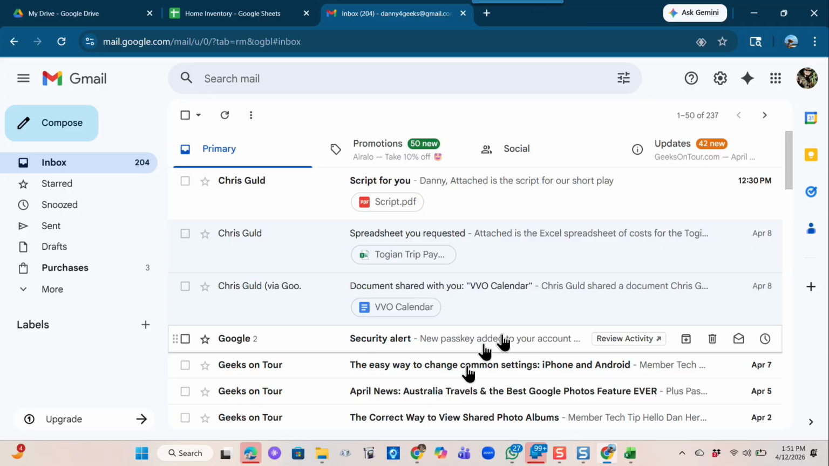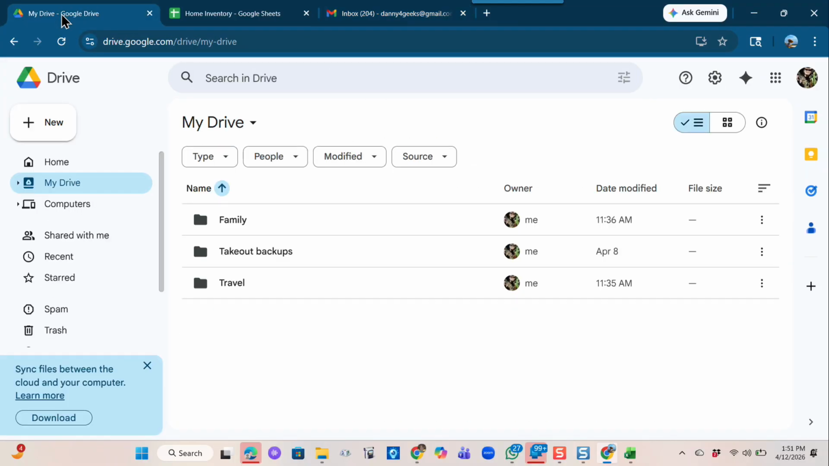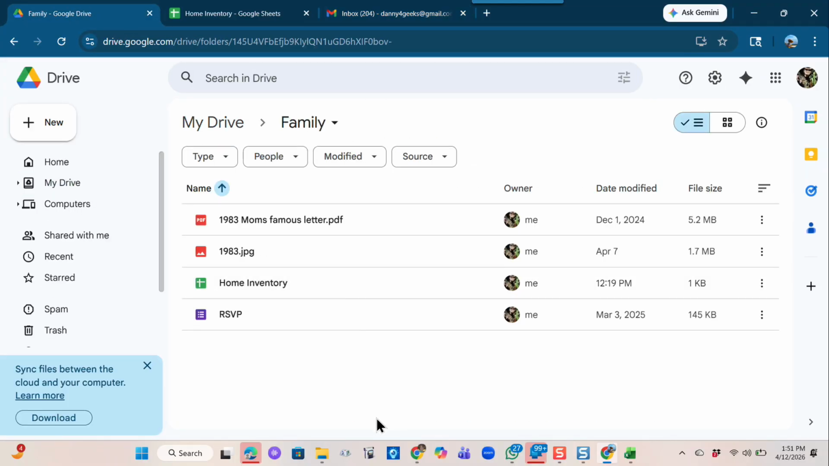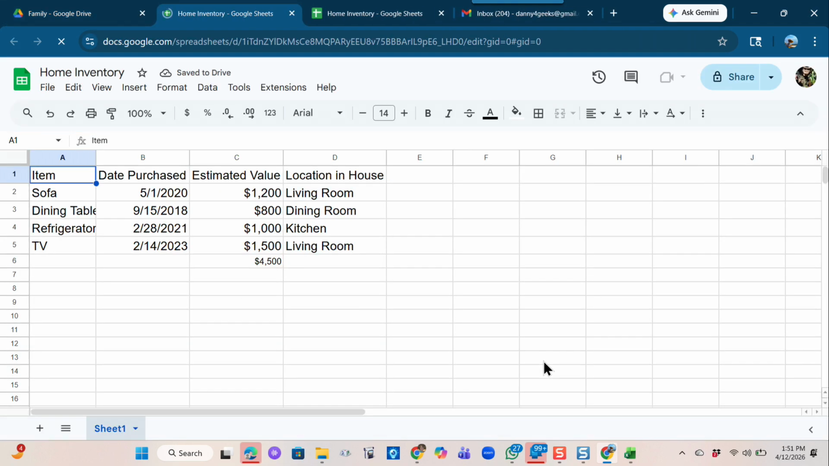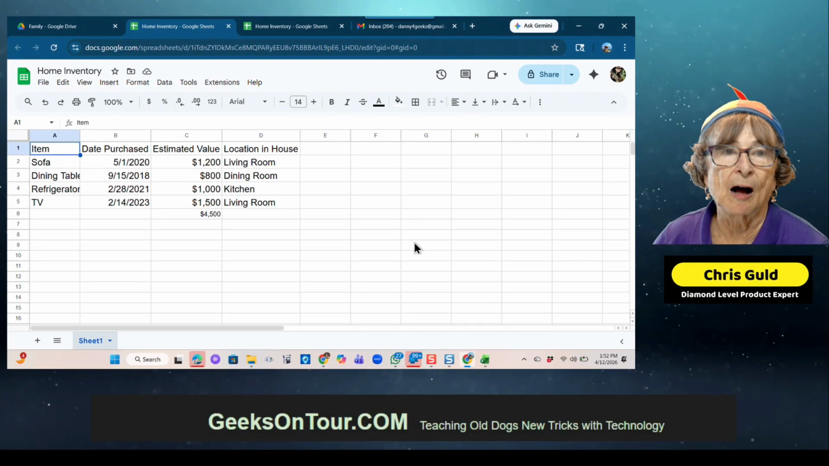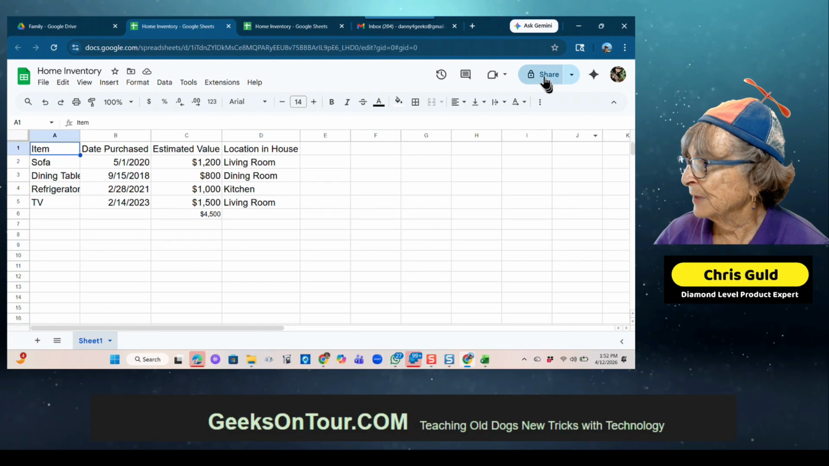So I have Danny's Drive, the home inventory spreadsheet. I added some things to it, but I need Jim to add some things to it. So I'm going to share to him and give him edit rights. So this is what they call collaboration. You're collaborating on this one document. I click share,